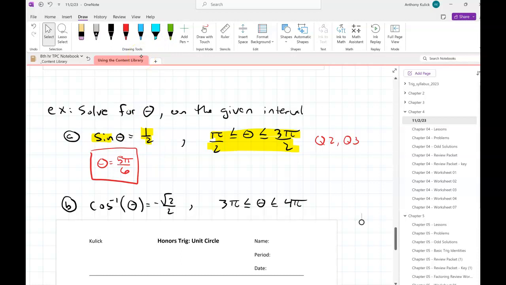All right. What if we have cosine inverse? Oh, I'm sorry. Cosine of theta equals negative root 2 over 2 on the interval from 3 pi to 4 pi. So again, first thing I'm going to do is figure out what quadrants I need to look in. So if I go and look at my unit circle,